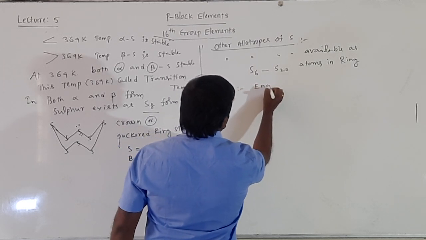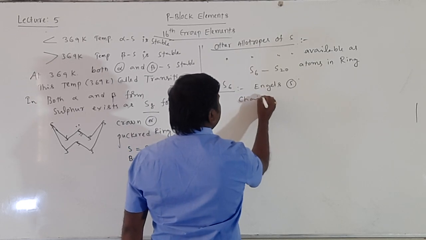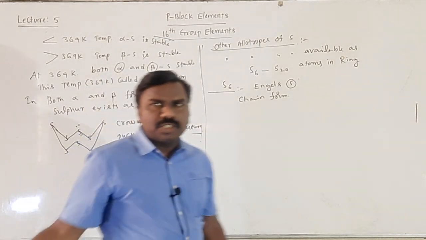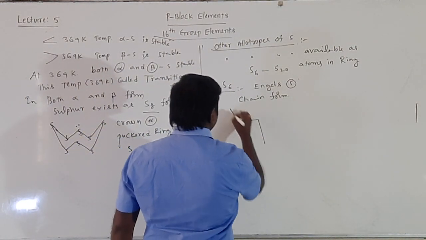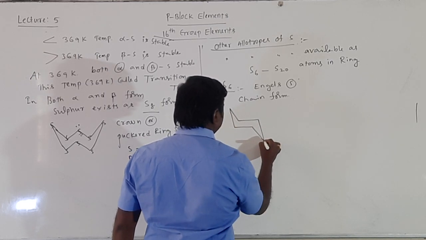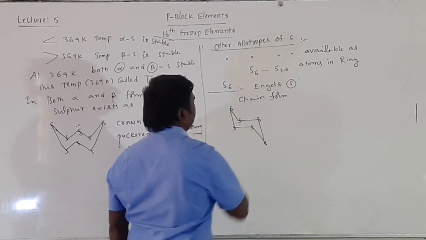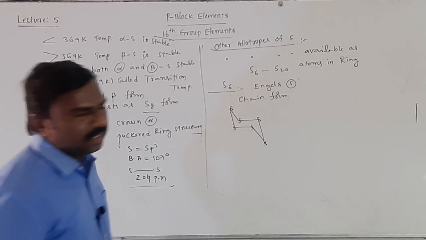This is called Engel's sulfur. It is available in chair form, unlike S8 which has a puckered ring structure. So, this is in chair form, sulfur, sulfur, sulfur, sulfur, sulfur. The S-S bond length is